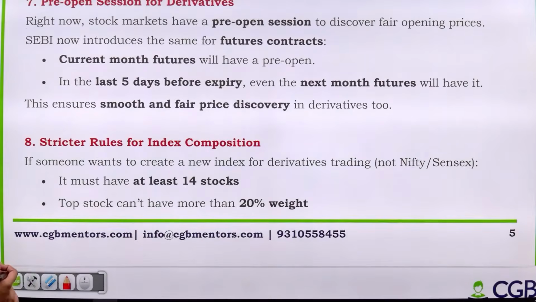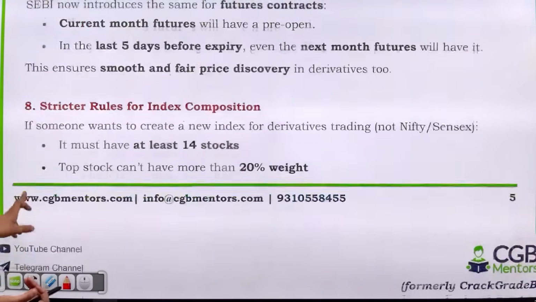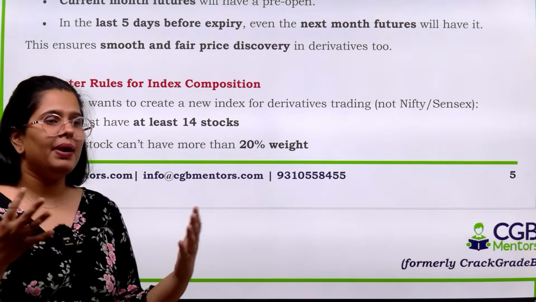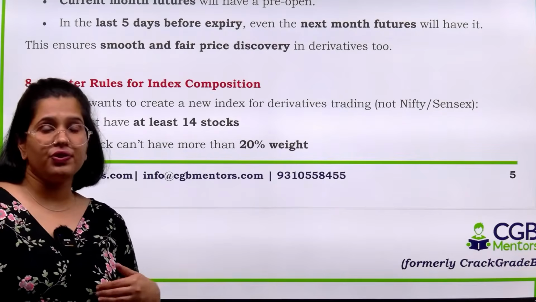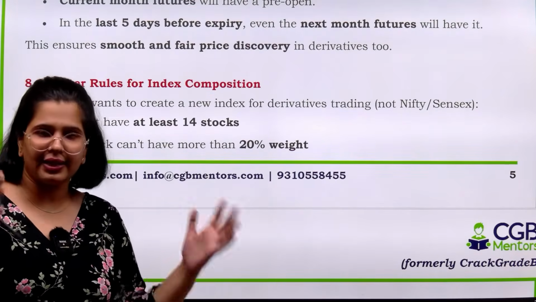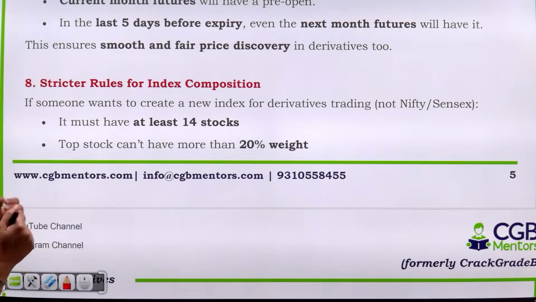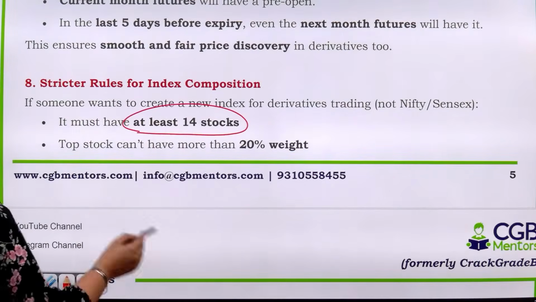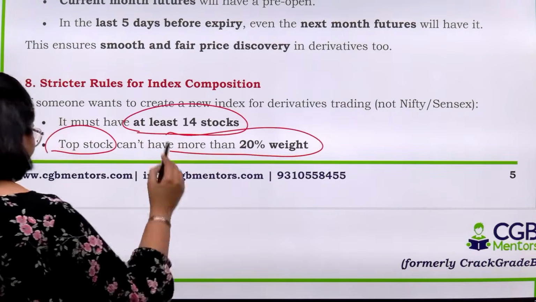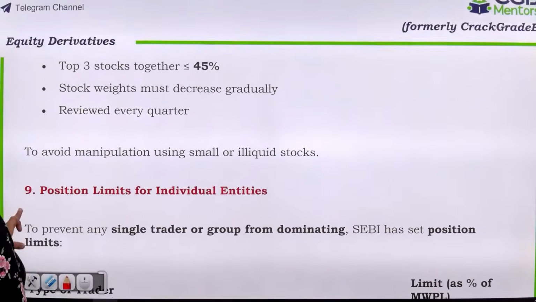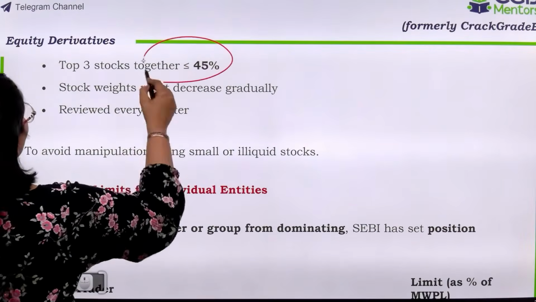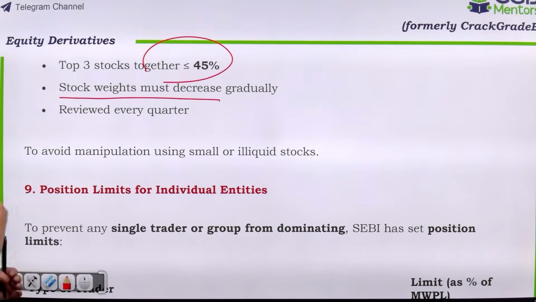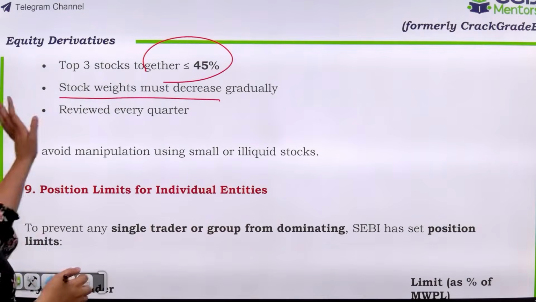Next is strict rules for the index composition. If you want to bring new indexes, right now we have so many indexes like Nifty 50, Nifty Midcap 50, right, Nifty Next 50, Nifty Bank, right, like that. We have Sensex. So if you want to formulate a new index, it should have at least 14 companies' stock. The top stock cannot have more than 20% weightage in that index. Top 3 stocks together cannot have more than 45% weightage. Stock weightages must decrease gradually, meaning every stock should get a fair chance, and it has to be reviewed every